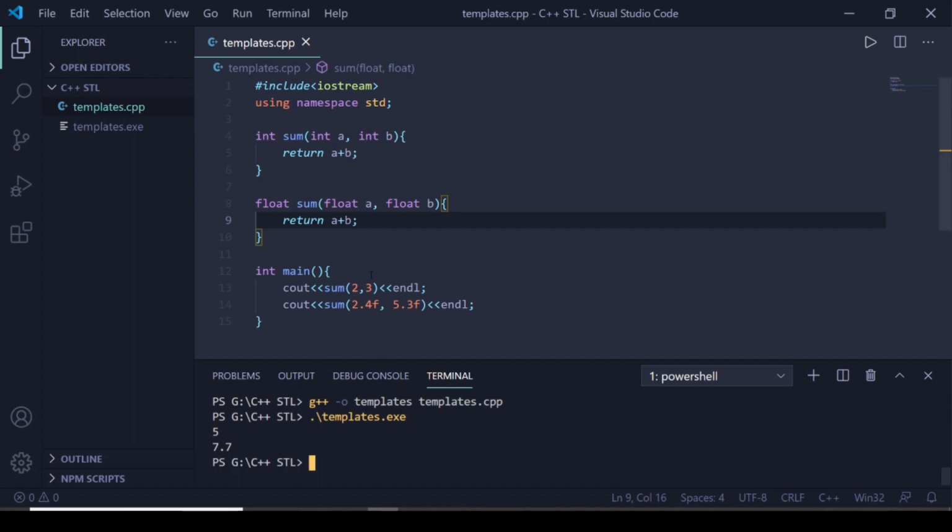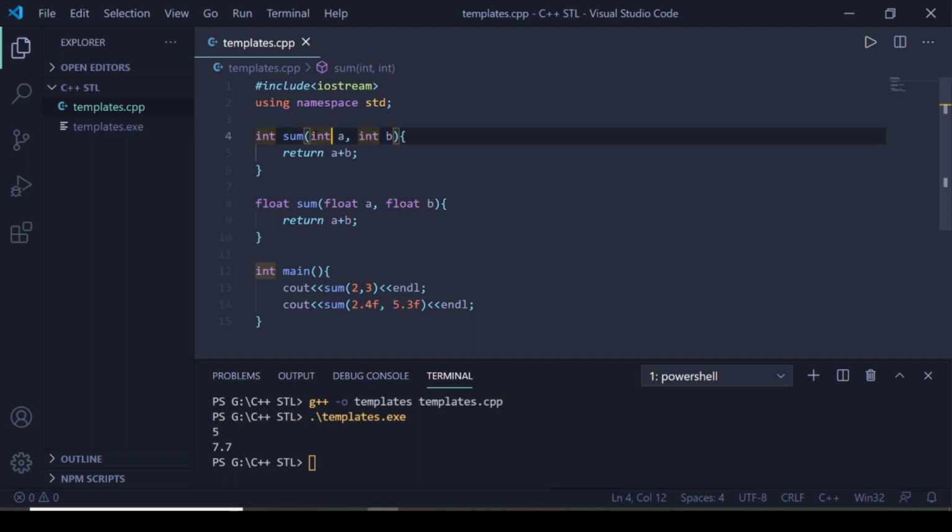But the problem is that the code is not DRY. What we want is that it should decide at compile time what type should be used here. The problem is that this one is pre-filled with float, and this one is pre-filled with integer. We want to leave some space such that the compiler decides what should be there.